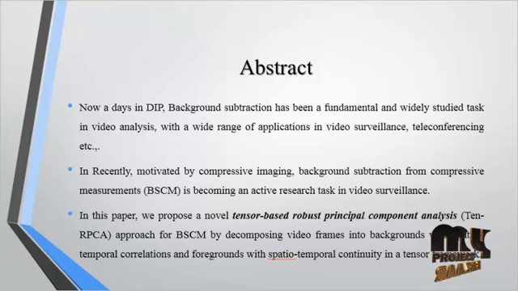Efficient algorithms using the alternating direction method of multipliers are developed to solve the proposed models, and then